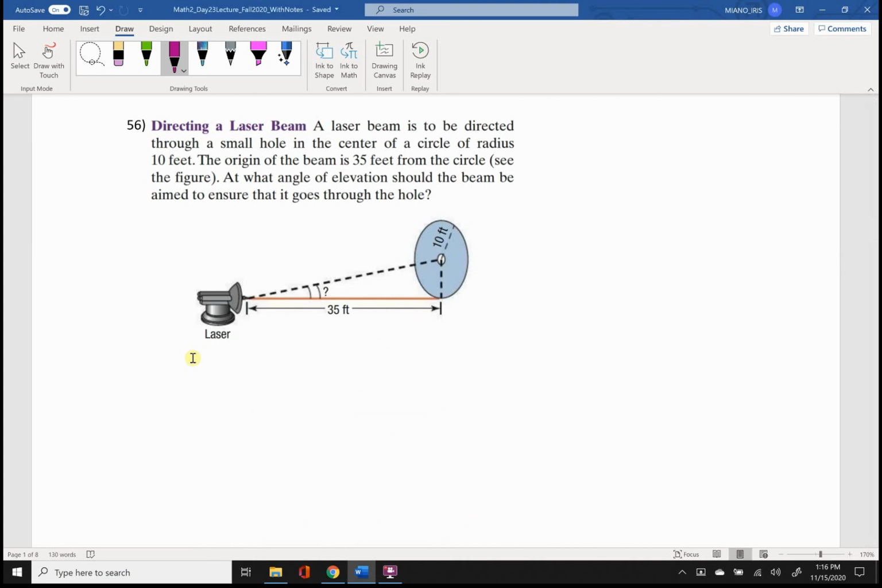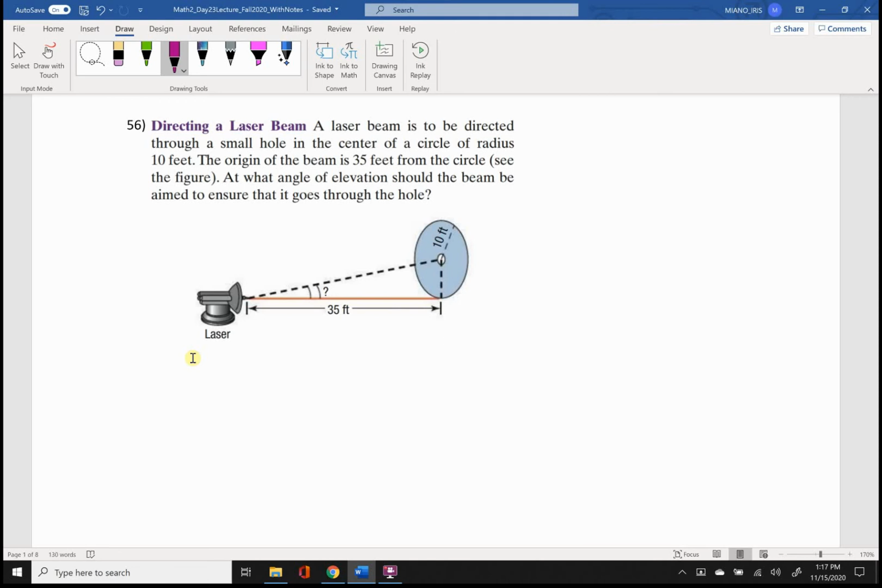First one, directing a laser beam. Okay, sorry, let me read this to you. I'm reading my notes on accident. Directing a laser beam. The prompt says, a laser beam is to be directed through a small hole in the center of a circle of radius 10 feet. The origin of the beam is 35 feet from the circle. See the figure. At what angle of elevation should the beam be aimed to ensure that it goes through the